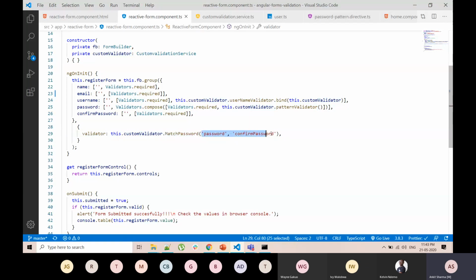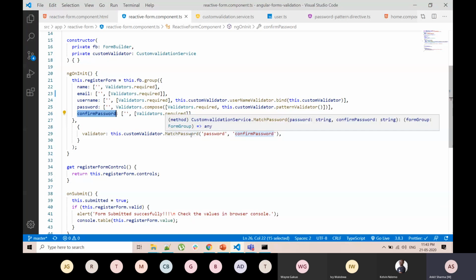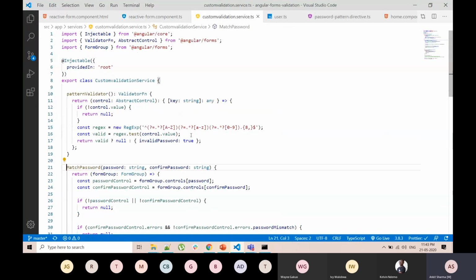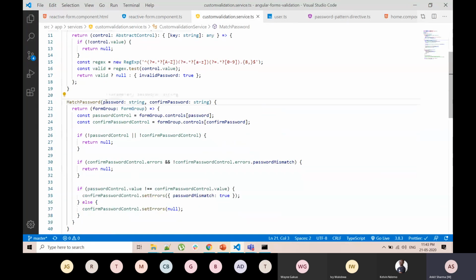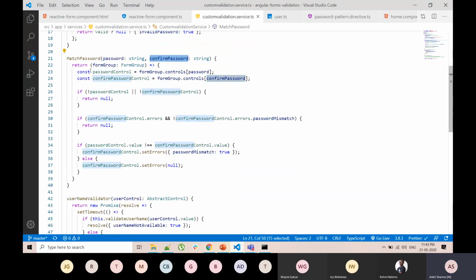Here I am passing those two fields: the password control name and the confirm password control name. So it will call the match password function, which takes two inputs as we have passed: the password field and the confirm password field. It is pretty straightforward.